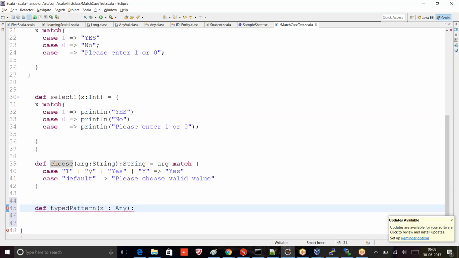So if I take any type, at the end, the result, you can just print it or you can return something, that's up to you. I just want to print it, I don't want to do any return value here. Or if I want to return a string, I want to return something like the type is matched, this is an integer, this is a float, this is a double kind of thing. I can use that. x match